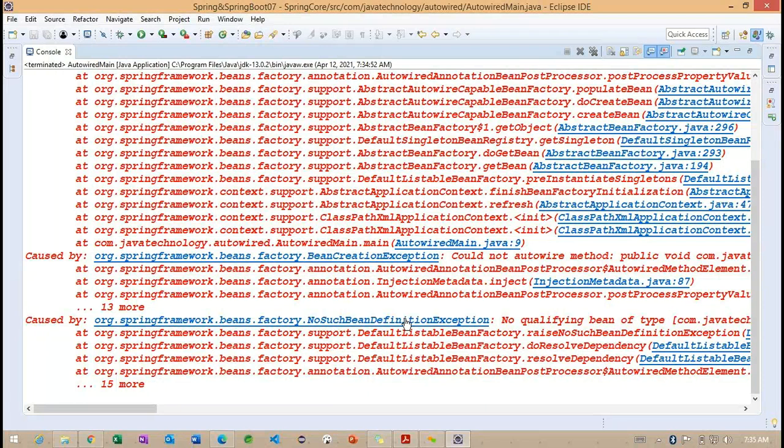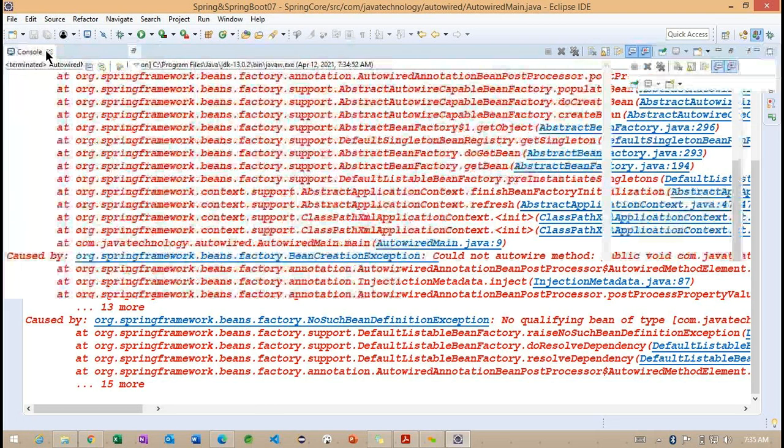Whenever we use the Autowired annotation, it is going to take it as byType. Based on the type of this property, if we are not finding any bean inside this configuration file, we are getting an exception called no such bean definition exception. Right. Basically, the relation we are having is required true. The required by default is true here.